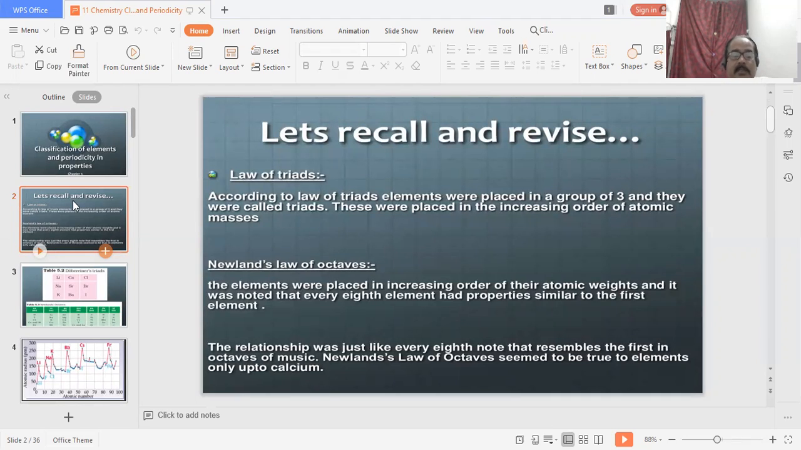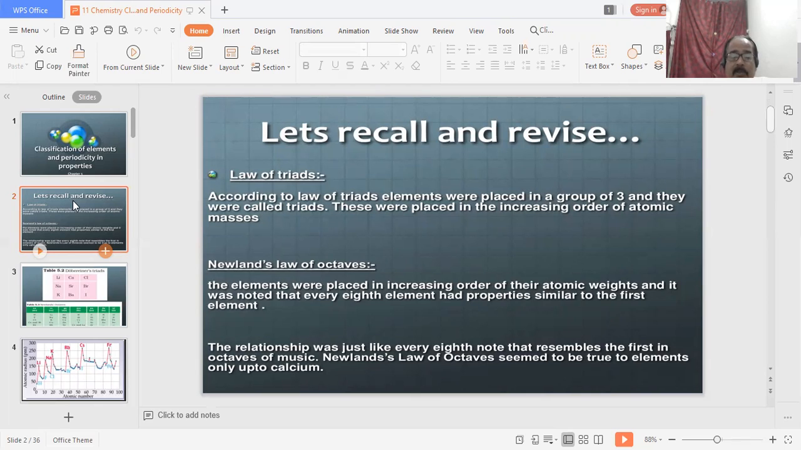The second person who represented the distribution of elements according to their atomic masses is Newlands. So Newlands' law of octaves. Octaves means our music rhythm, especially sa, re, ga, ma, pa, dha, ni, and again sa. So the elements were placed in increasing order of their atomic weight, and it was noted that every eighth element had properties similar to the first element,